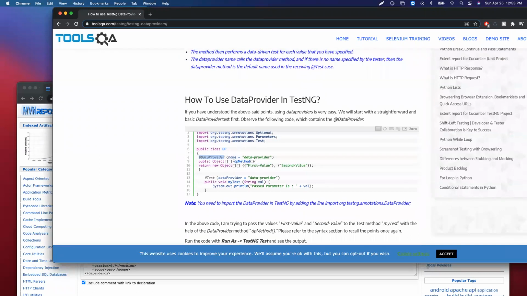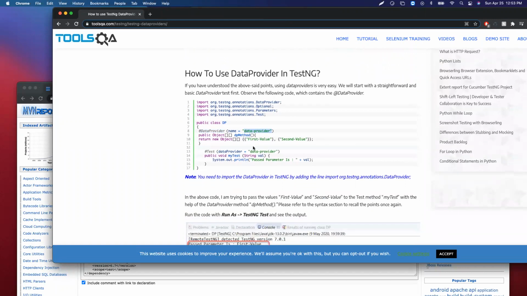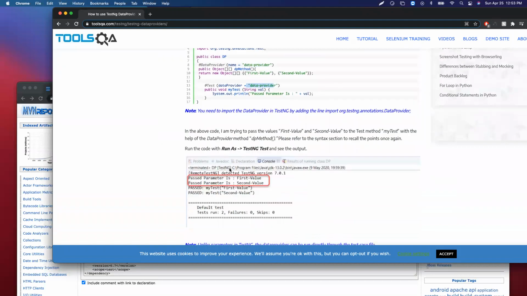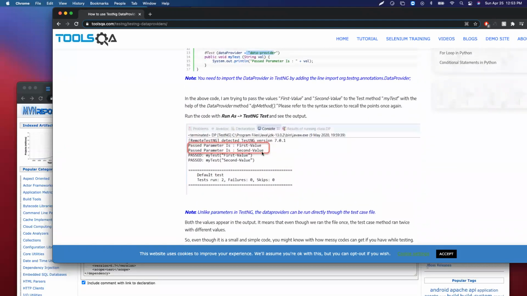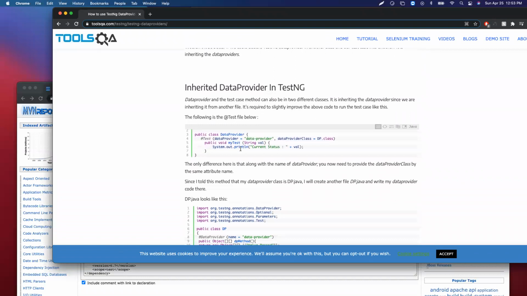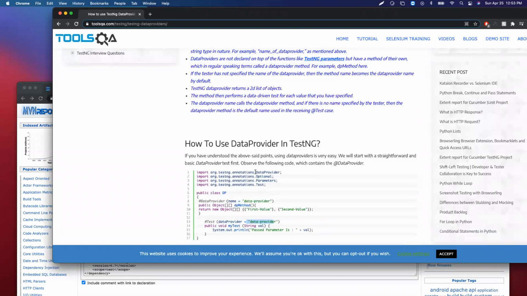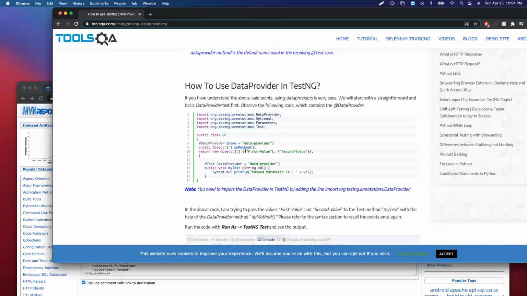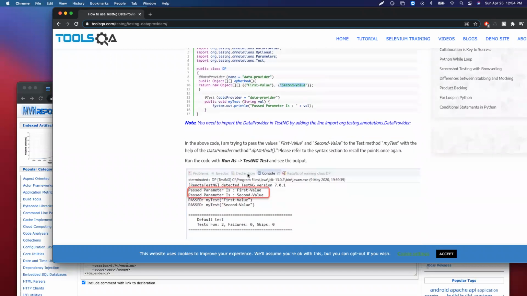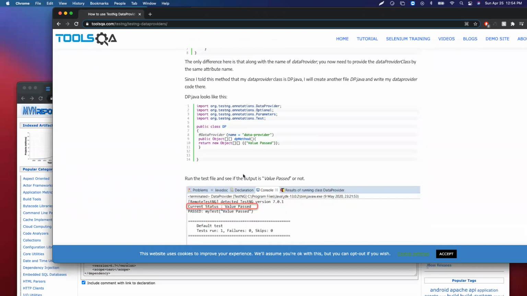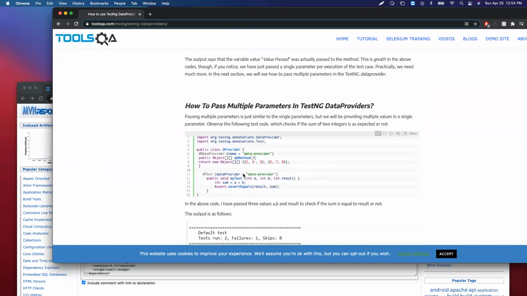Once you have that, then you name what the data provider is, and after that you are returning values, right? So you are basically getting information from somewhere to pass it on to your test. Let me see. So this is just an example right there. You see how the object has been passed on right here. Similar to that, let me see if there is an example with